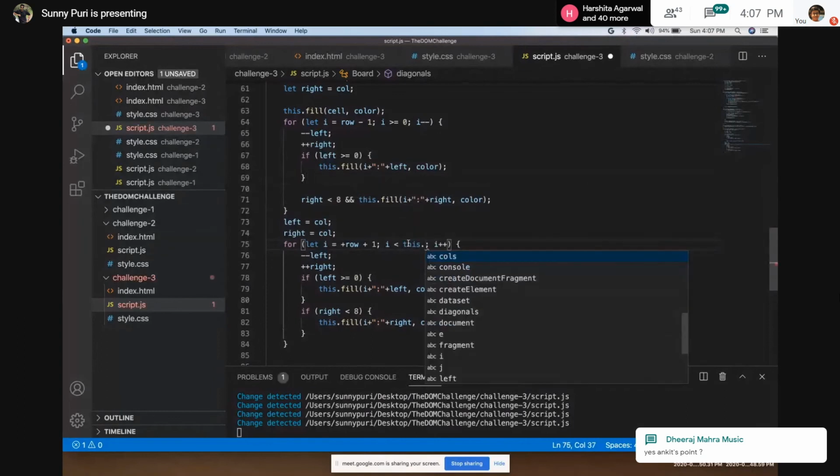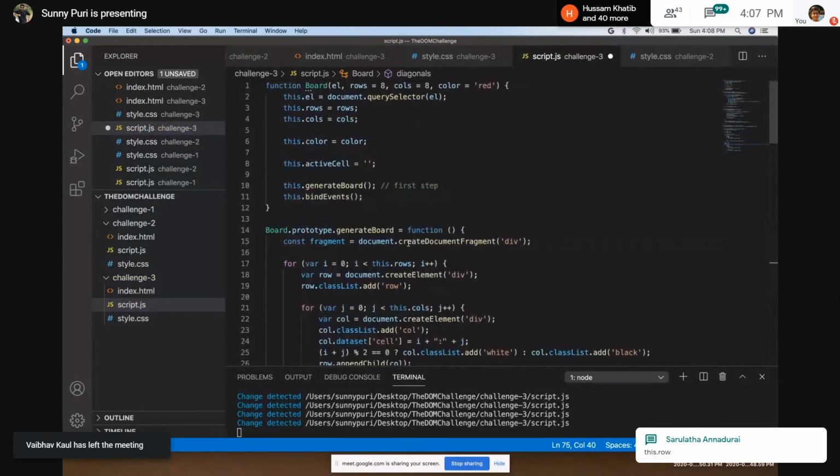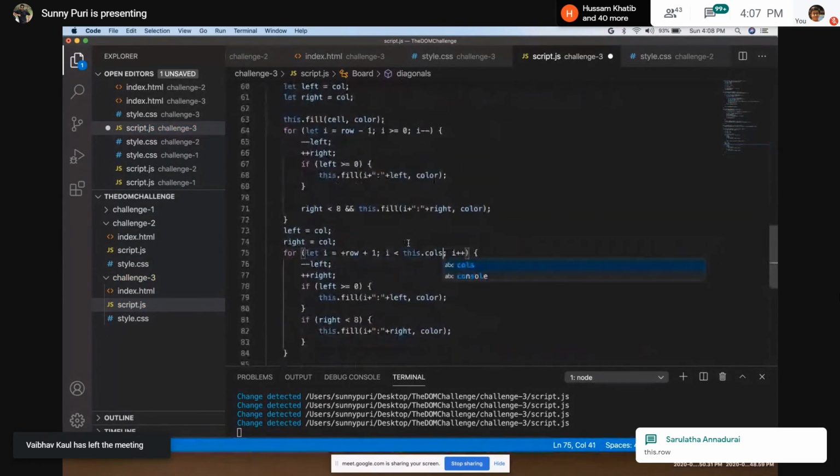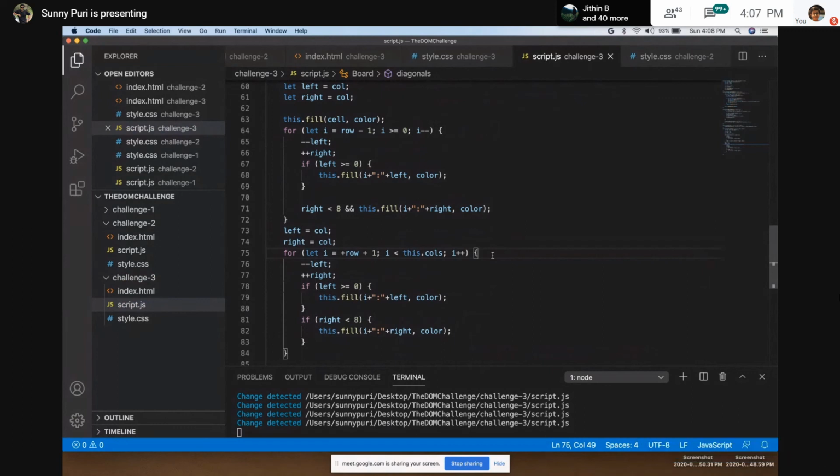Right now I have hard coded it. You don't need to hard code it. You have to write this dot columns instead of 8. So guys, this is what I wanted to explain to you. So you can make it generalized.